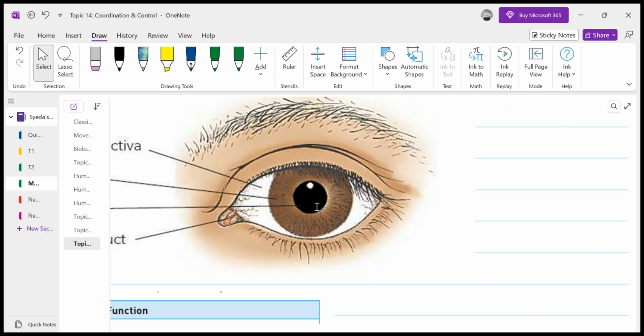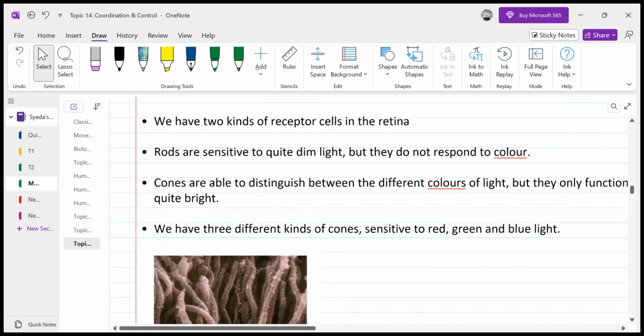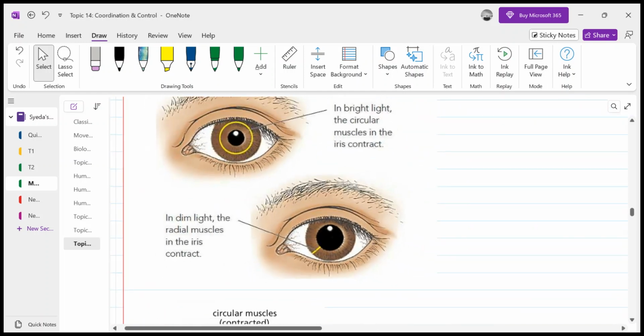So you have a reflex to control this pupil size. This pupil size acts like a shutter that narrows down so that less light enters your eye, and that less light would not damage your retina. And in the dark, for example in dim light at night time, this pupil size increases so that more light enters your eye, and you would be able to see clearly. Just like, let me show you the two diagrams so that you may be able to see.